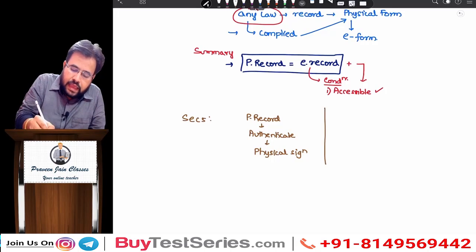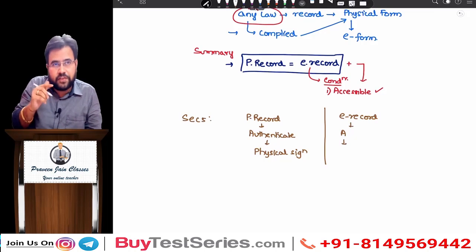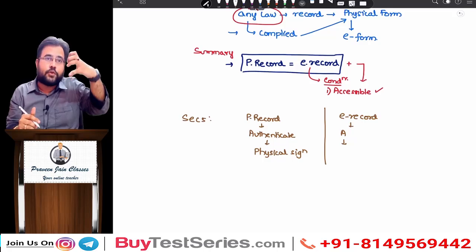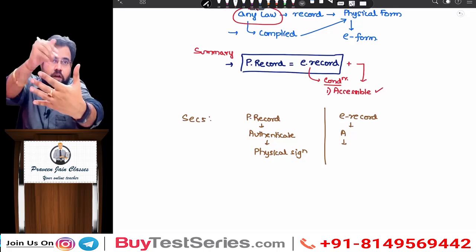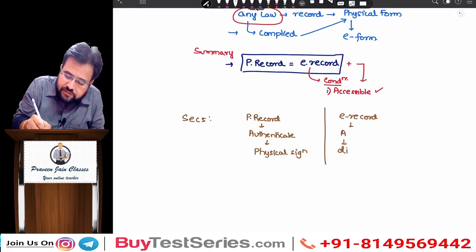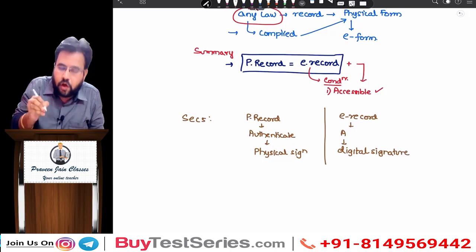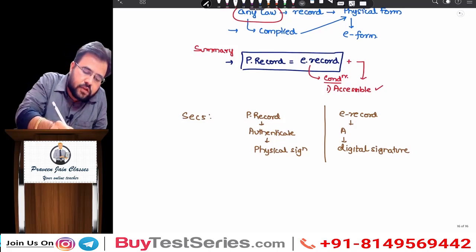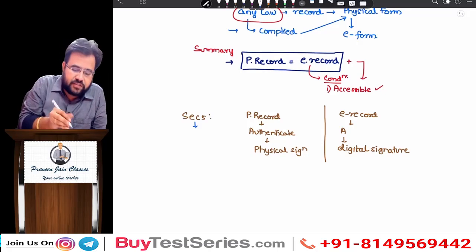Similarly, if you are using an electronic record, to authenticate that, obviously will you use a physical signature? Sir, do you think in electronic form you will sign with your pen? Do you think on the screen we are going to sign? Answer is no, sir. So obviously we should have something called a digital or electronic signature, sir. By this only you should have understood. So what is section 5 saying, sir?